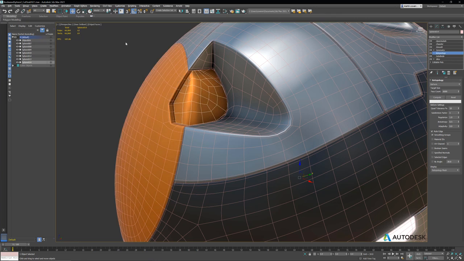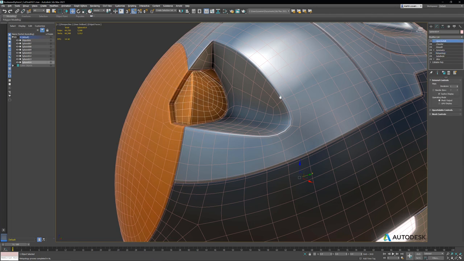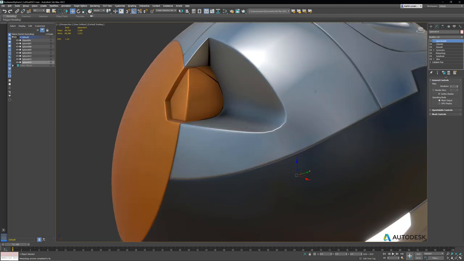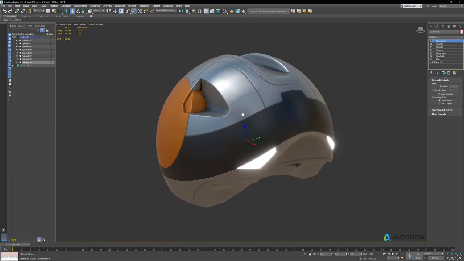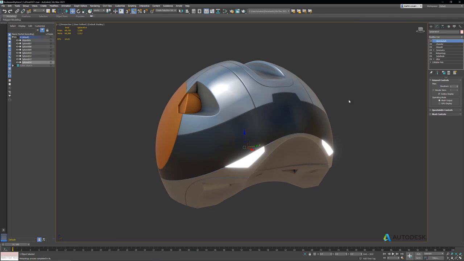So let's make the retopology modifier unique, and let's set the face count to something like 150 and run it again, and that's much better. So now we can go back up the stack, and we have a much cleaner mesh for that one part. I'm pretty happy with that. Let's set the iterations to 2 on the OpenSubdiv modifier,